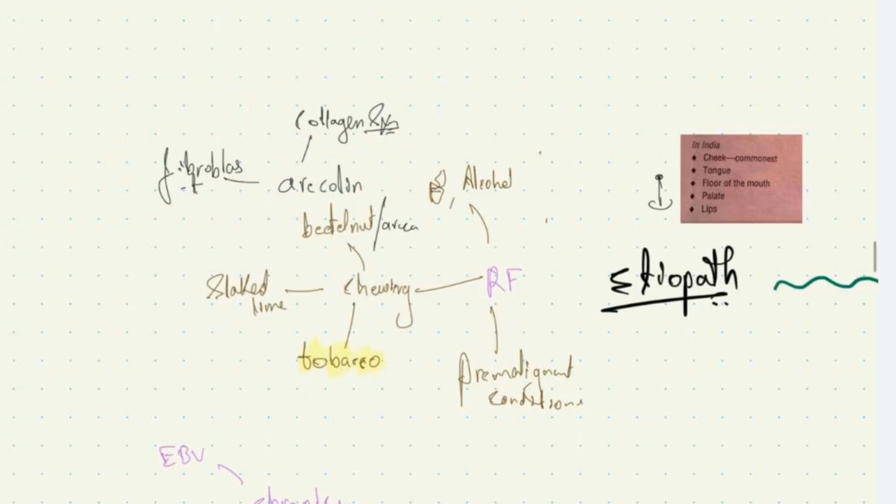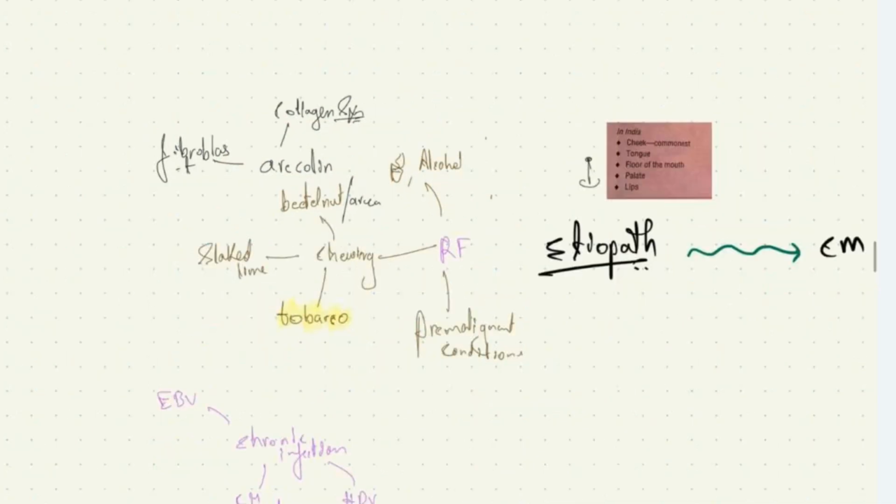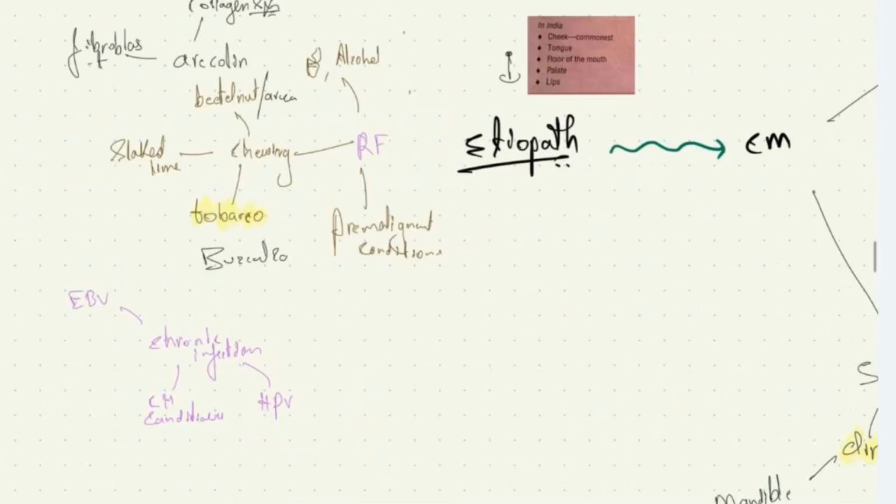Then chewing slaked lime or sunna will cause buccal carcinoma. Also, tobacco has the highest risk in causing carcinoma of buccal mucosa. The pre-malignant conditions like chronic candidal hyperplasia, and then leukoplakia, erythroplakia, Plummer-Vinson syndrome, and then we saw submucosal fibrosis. All these conditions are associated risk factors for